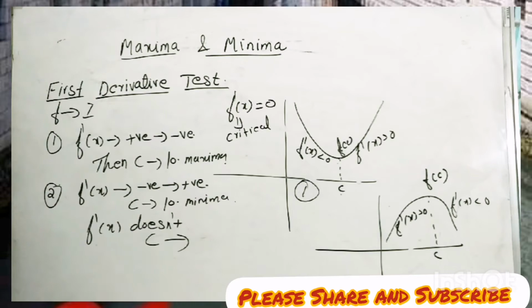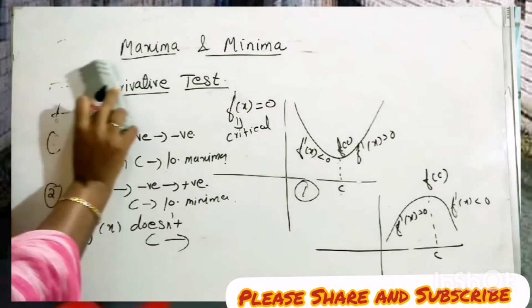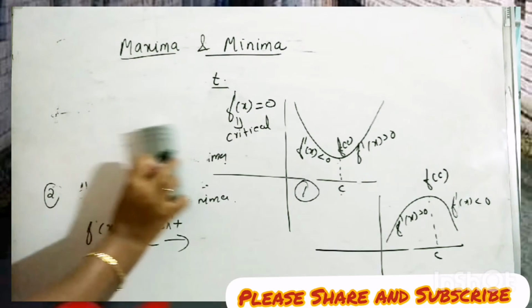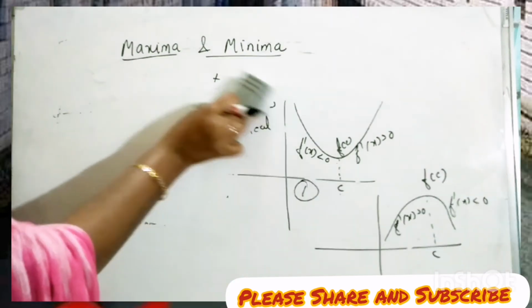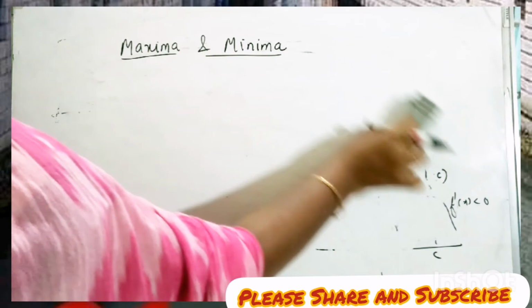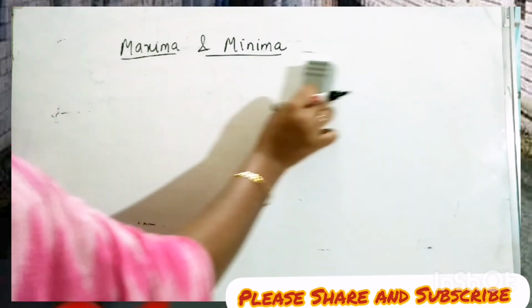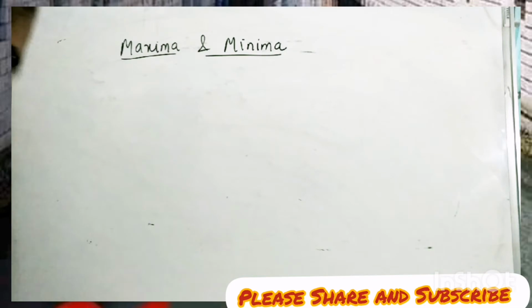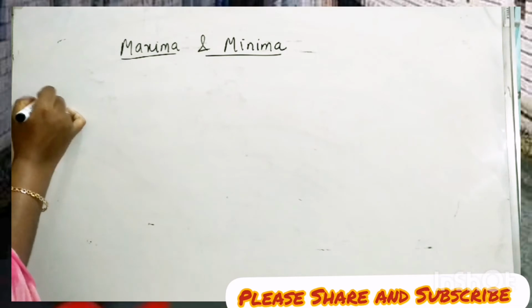So first preference is the second derivative test to find out the values of local maxima and local minima, that we are going to discuss now. If you want to use the second derivative test, the first important thing is our function should be twice differentiable. Twice differentiable means it is possible for us to take the derivative of our function 2 times. Okay. So second derivative test.